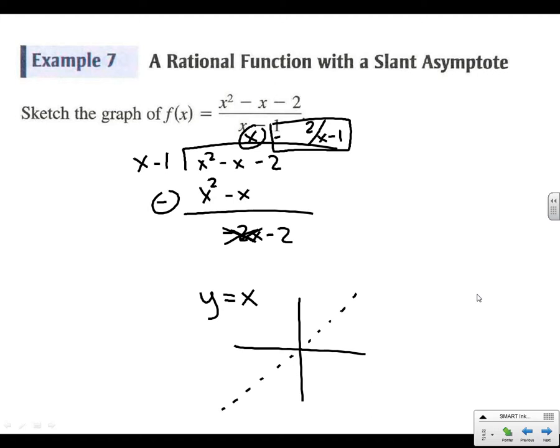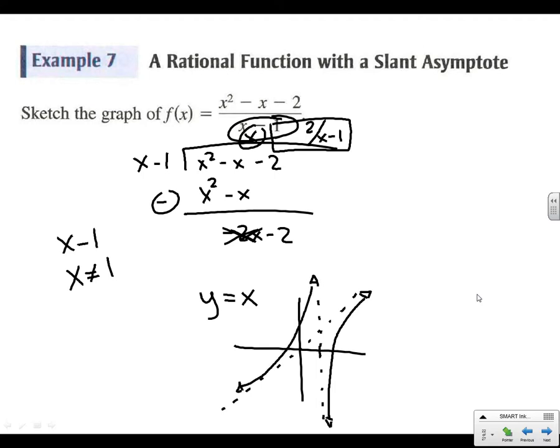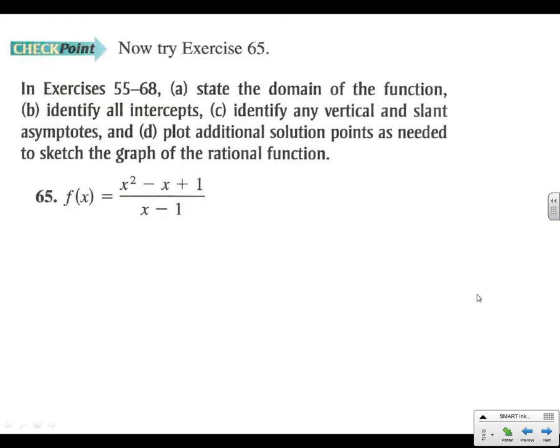Okay. I also know, on this one, we have x minus 1. We know that x cannot equal 1, so that's our vertical asymptote at 1. We're going to look like that. And if we were to go in here and graph this thing, we're going to hug the asymptote here and here and have a nice curve. You can put this in your graphing calculator and take a look at this as well. It's going to look just like that. So, number 65, get your slant asymptote, get yourself a vertical asymptote, and put it in your calculator